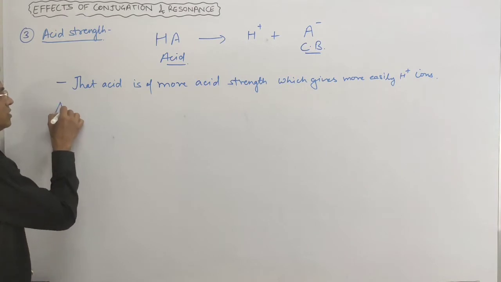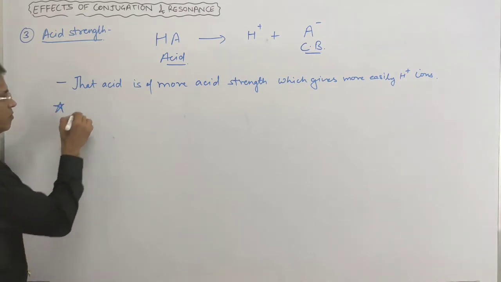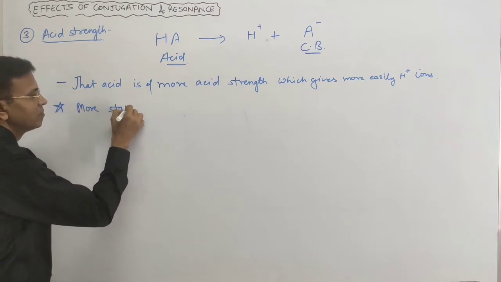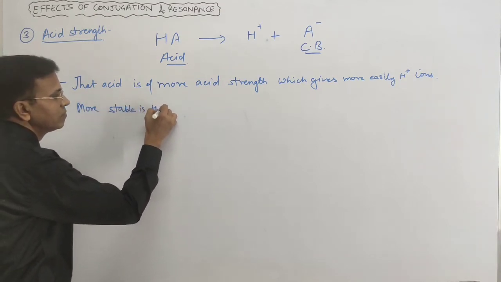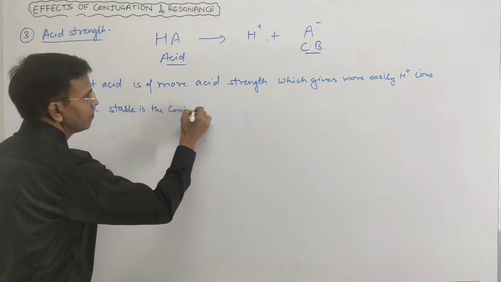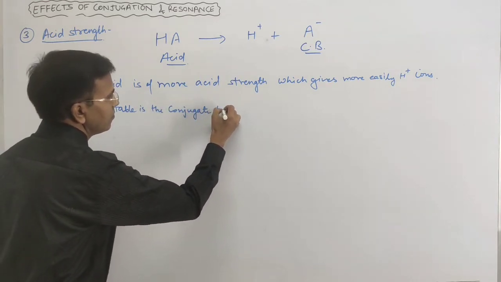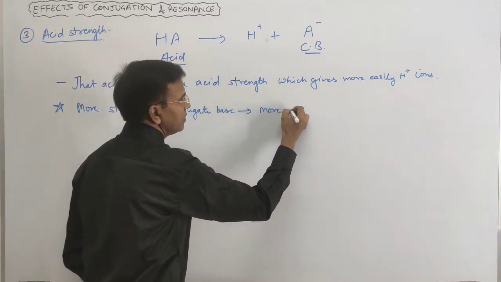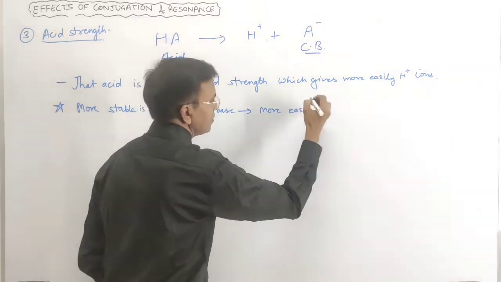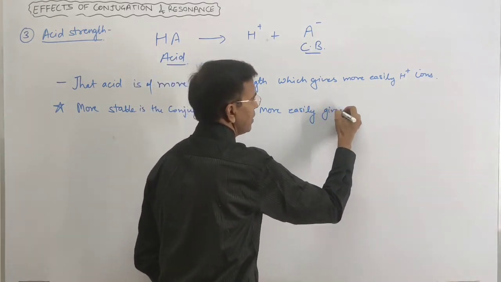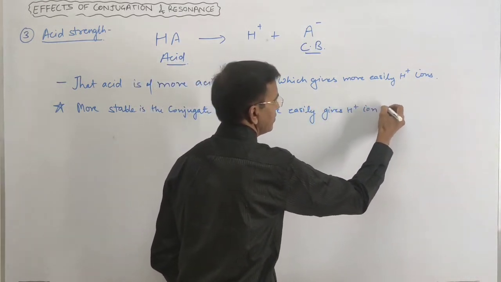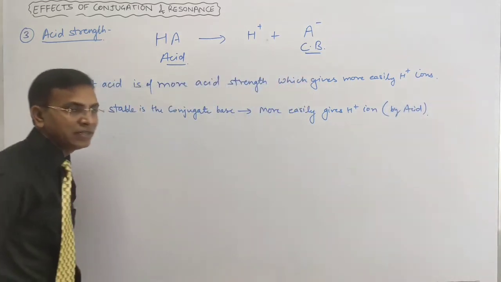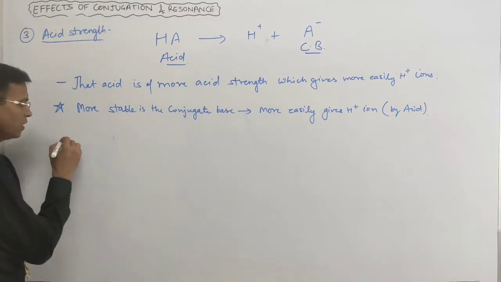Or the second note is, the more stable the conjugate base is, the more easily it gives H positive ion by the acid, right? That means, for example,